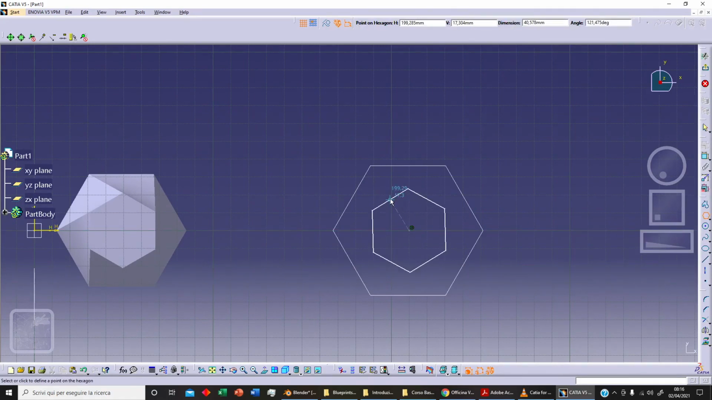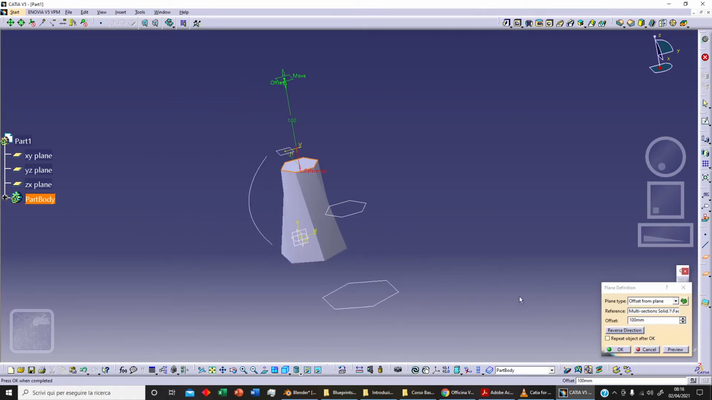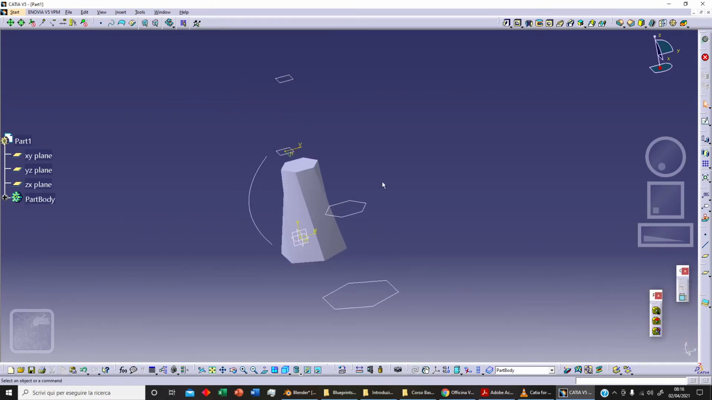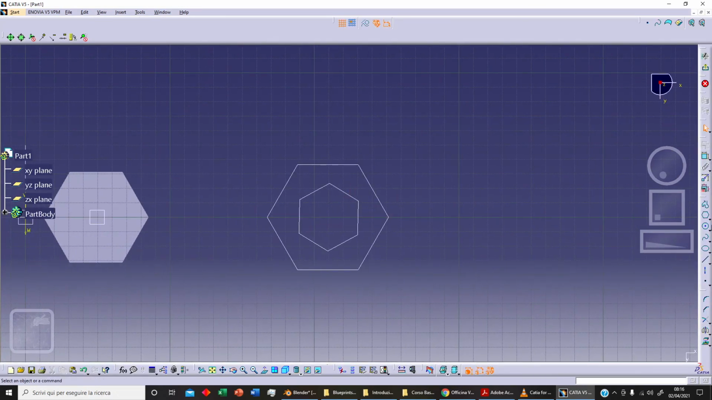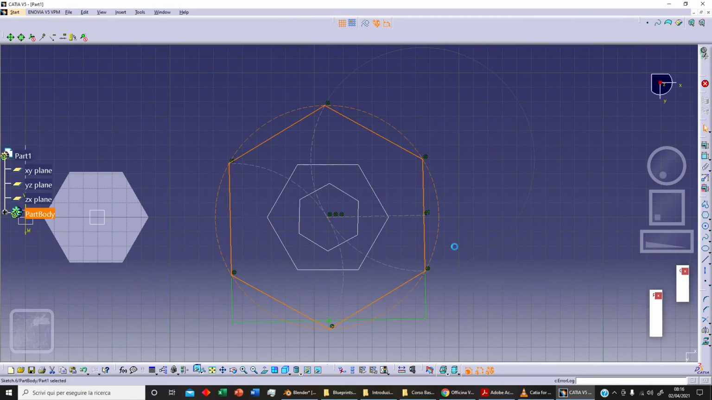another hexagon with different orientation, and now we can add a plane using the surface as a reference. Let's say 100. Okay, and on this plane we can sketch another hexagon, this time much bigger hexagon like this. Okay,